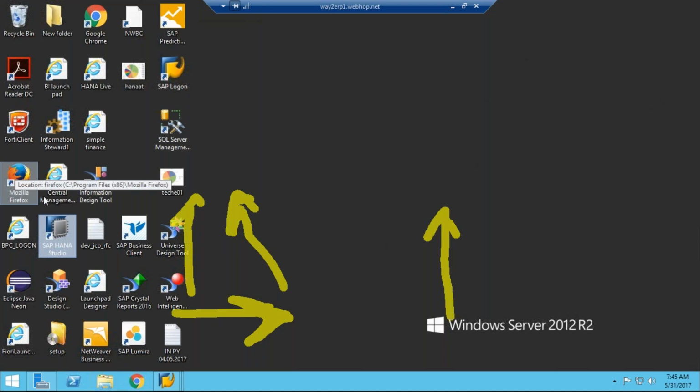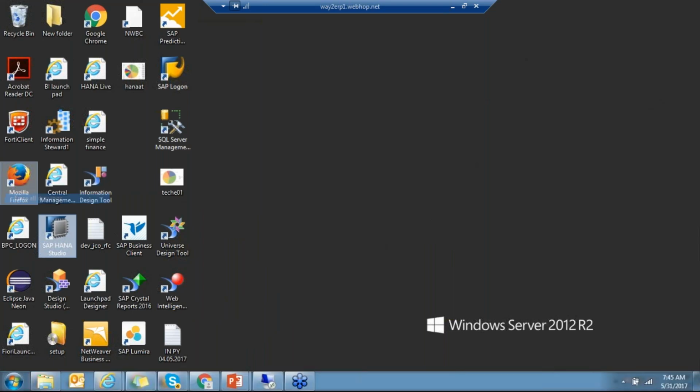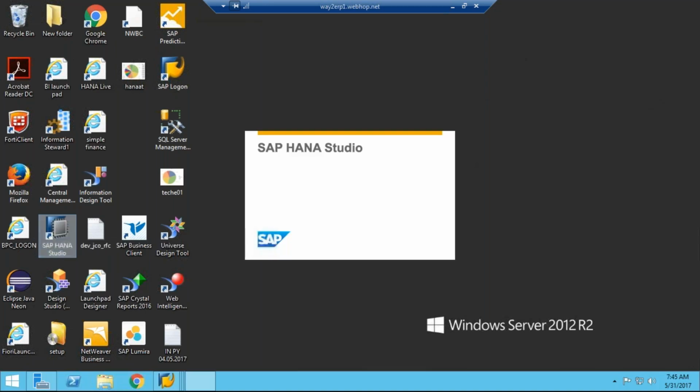If some companies don't have HANA Studio, we can install the Eclipse tool on our own and add web plugins and SAP UI5 plugins, and you can do the same kind of programming as in HANA Studio.